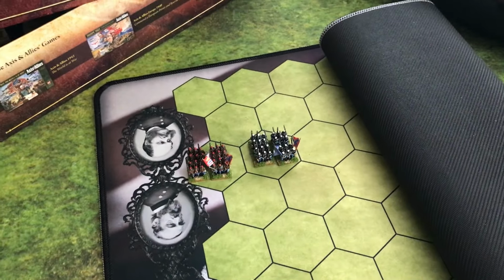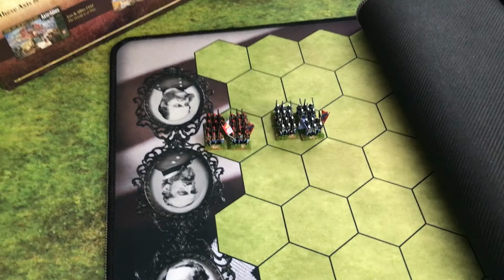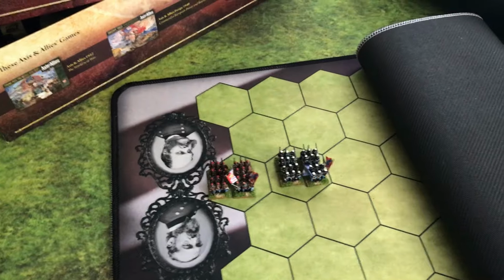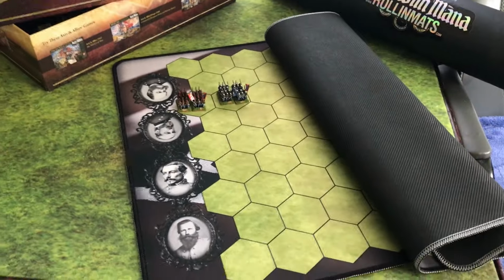I now have the boxed game, and I have my own figures to go with it, because I never liked the individual plastic figures. Not sure what I'm going to do with this, but I do love the quality of it. And I have to say, if you're after a replacement gaming mat for any popular war game, board war game,